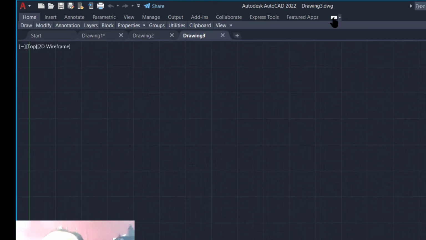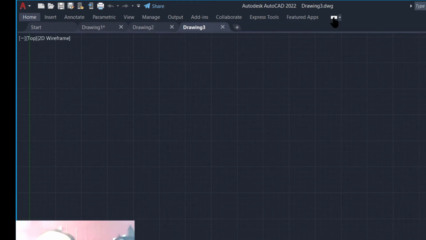If you click a second time on the same YouTube type icon, that is called the toggle button, then it will be further shortened. It means the icons of the tool palette are also shortened. Only Draw, Modify, Name and Annotate. It means the icon is hidden and only the name of the tool palette is appearing. It further saves your space.